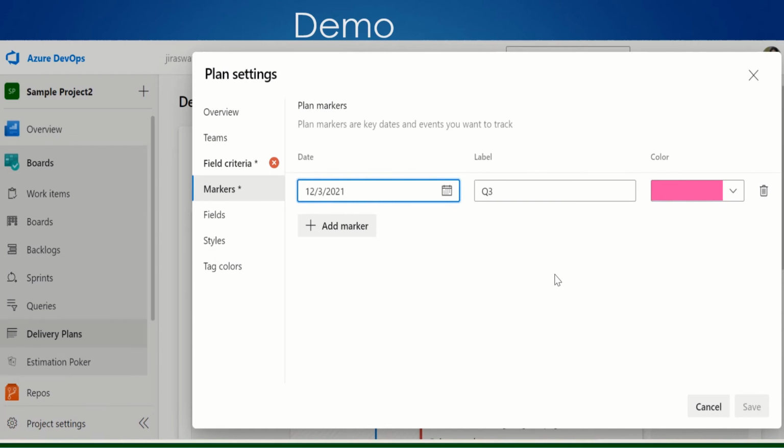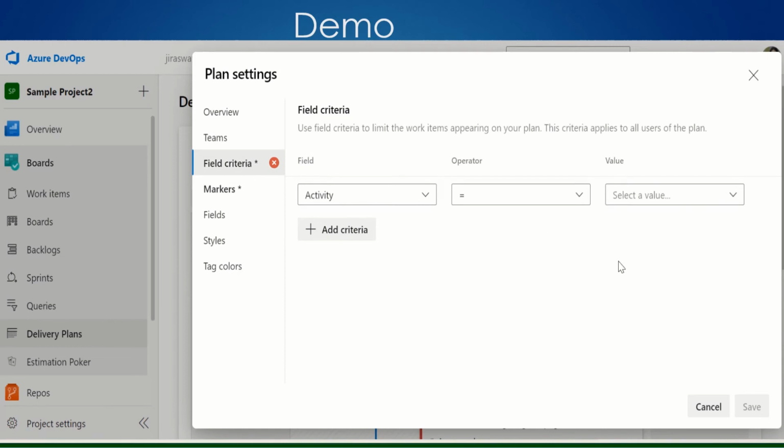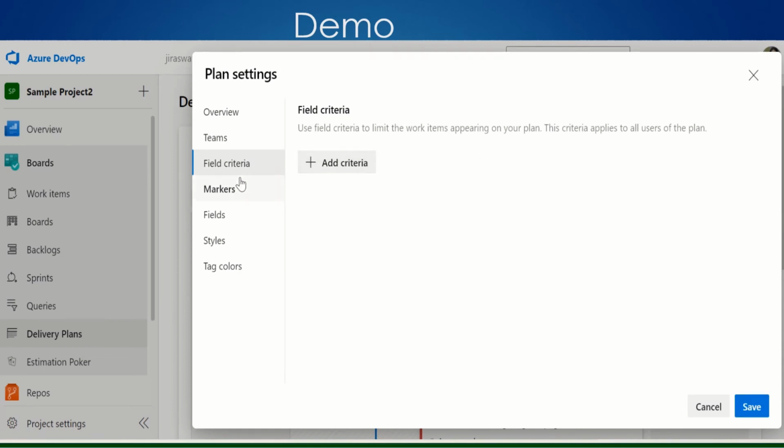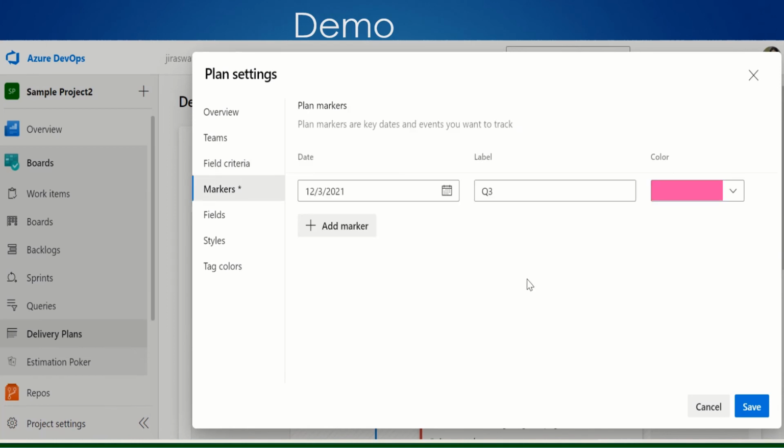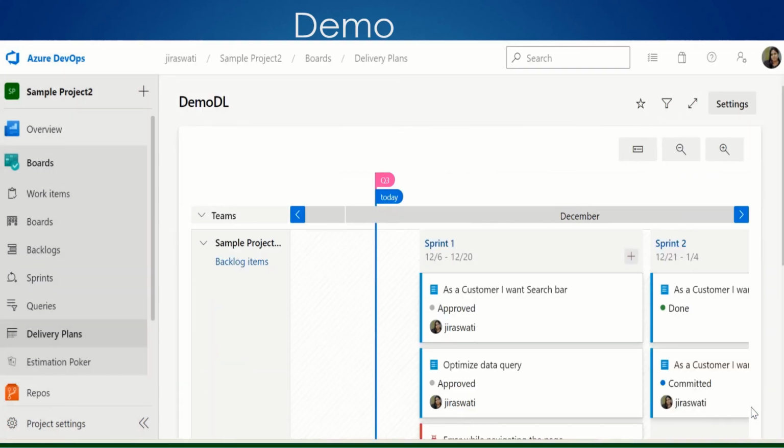There might be some issue, otherwise you will get this option. So we will go here. Let me delete this. Yeah, because we have already added a field criteria and we have not given any input. Now this is here, right? Let's click on the save.